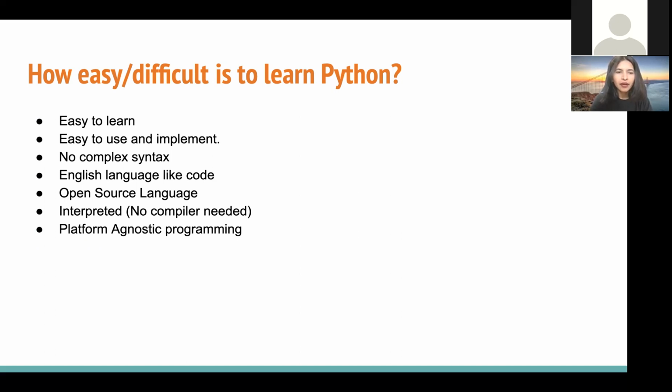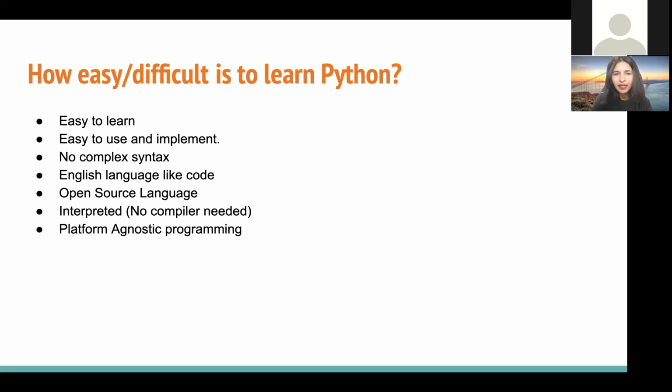And Python is an interpreted language. That means there are a few programming languages like C++ or Java, where we first need to write the code, then we need to do a step in between, which is called compile. We need to compile the code, and then we need to run the code. So there are three steps involved: writing the code is the first, compiling the code is the second step, and then we actually run the code. But Python doesn't need a compiler.